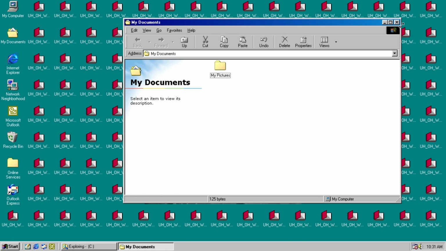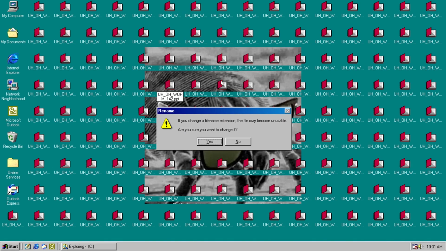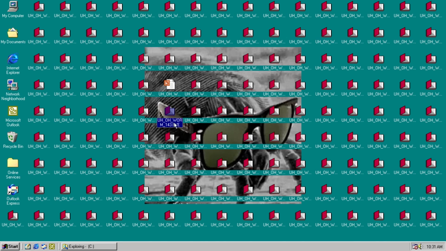My Documents seems like it's working for me. Maybe that's only on Windows NT. But anyway, we're going to take a look at one last payload, for which we need some files with dummy extensions. So we need PowerPoint, make a VBS,